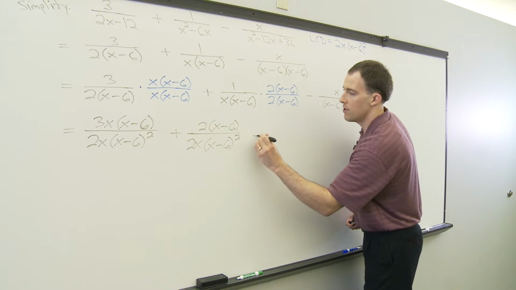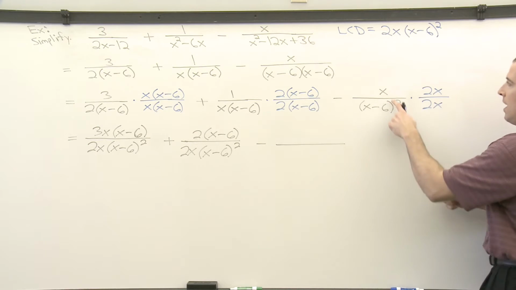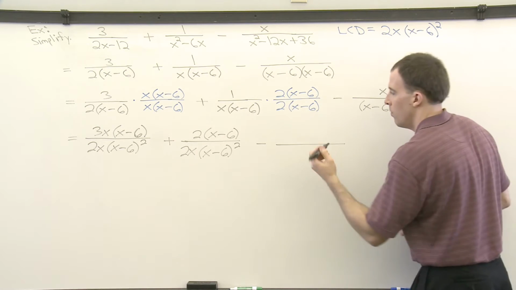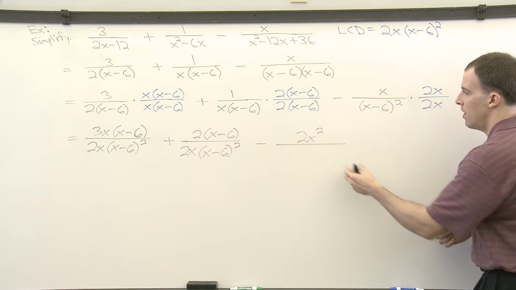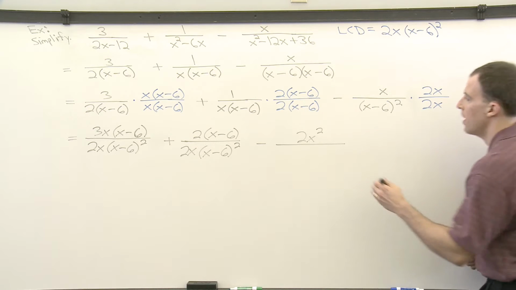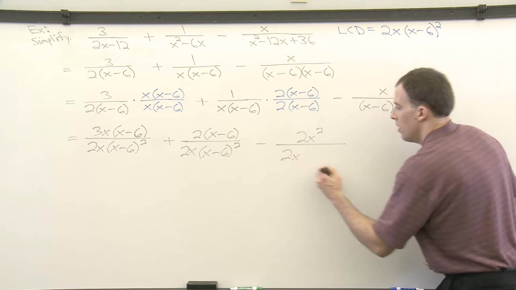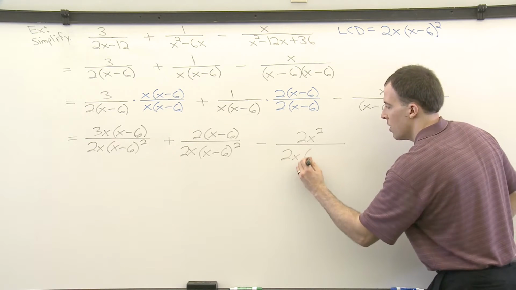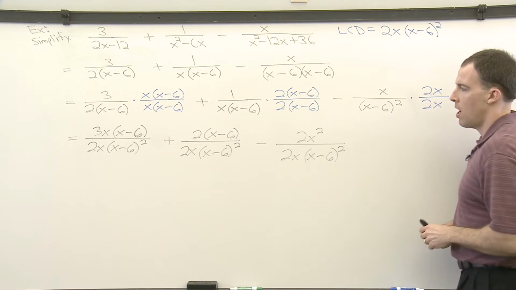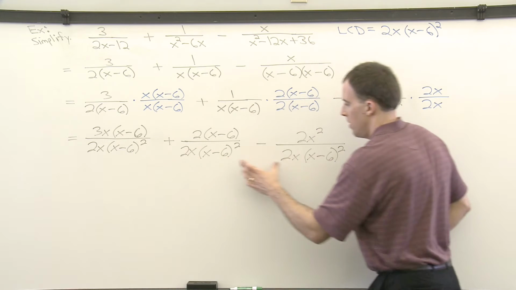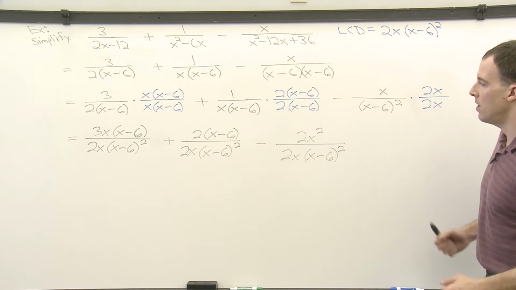And then for the third fraction, minus x times 2x, which if you can just do that in your head is 2x squared. That's fine here. You could write it as x times 2x and then do the multiplication on the next step. All over top of 2x times x minus 6 squared. All three fractions now have the same denominator. They've all got 2x times x minus 6 squared, which is what we needed in order to do the addition